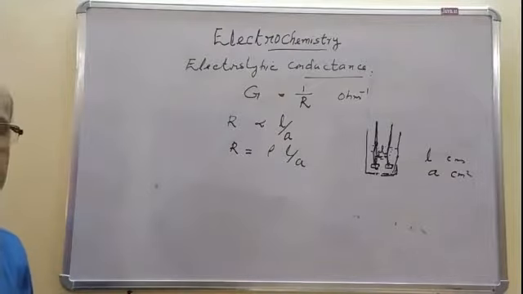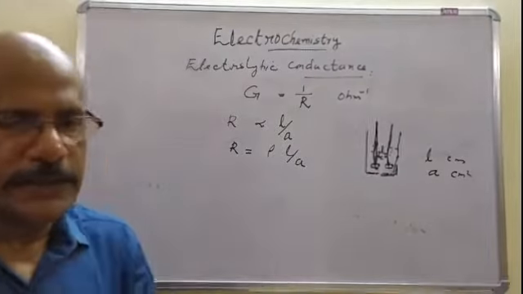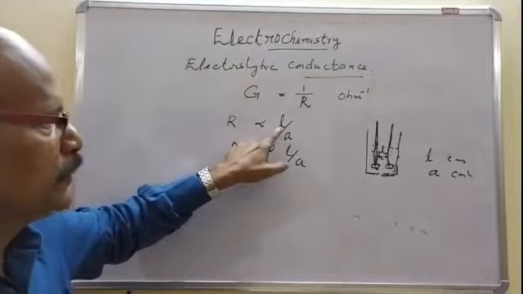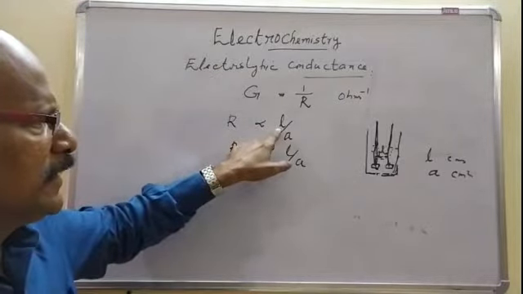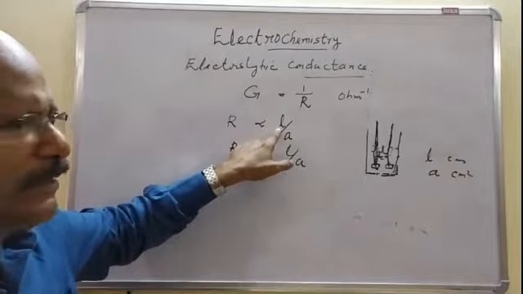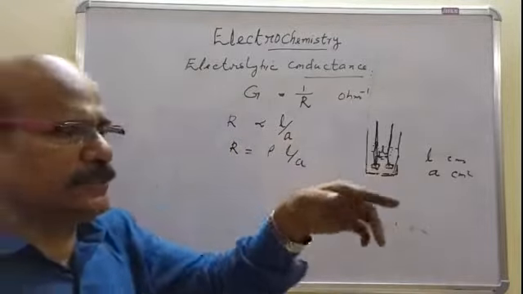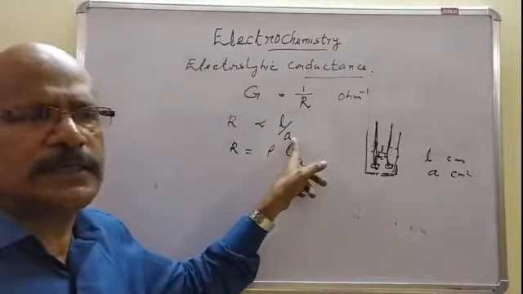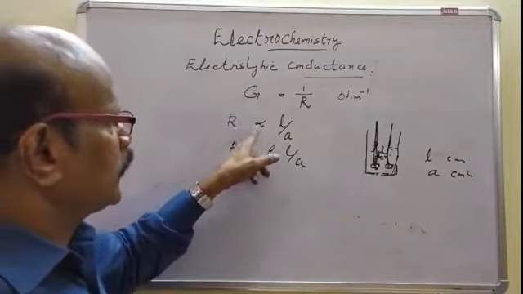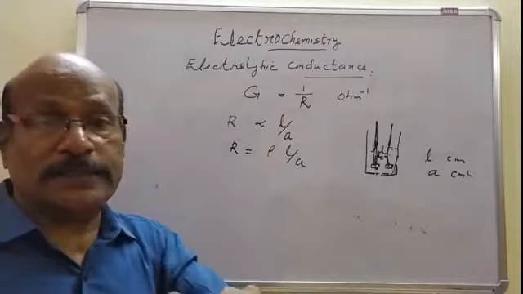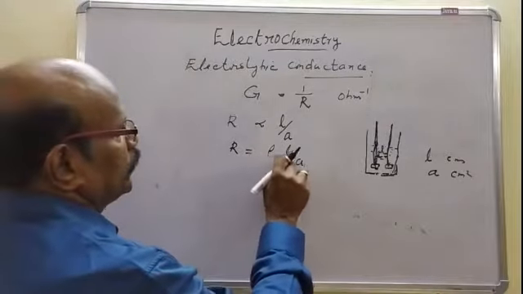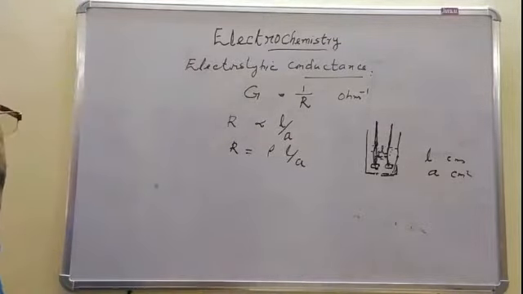When we are dealing with an electrolytic conductor, we have an electrolytic column of the solution. So the resistance R of an electrolytic column of the solution is proportional to L, the distance between the electrodes, that is, the length of the electrolytic column of the solution, and inversely proportional to the cross-sectional area of the electrode. Okay, thus R is proportional to L by A for an electrolytic column of the solution. Or R is equal to a constant rho into L by A for the electrolytic column of the solution.